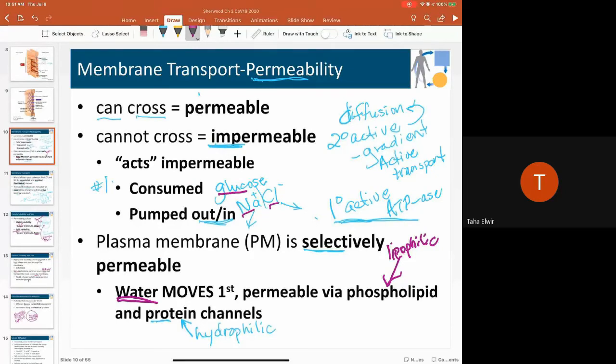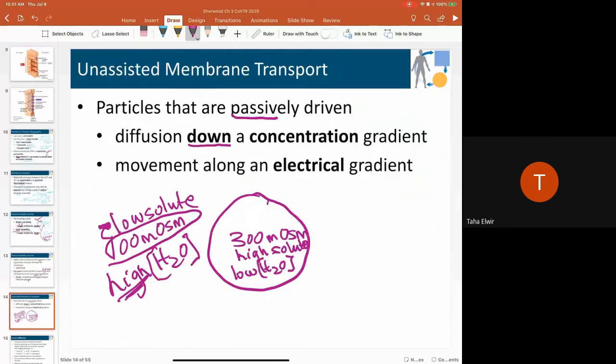Water always moves first. Why? Because it's the smallest molecule around. So water is going to move down its concentration gradient. Down means from high to low. So water is going to enter the cell,